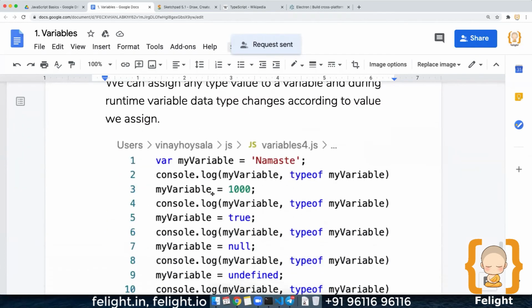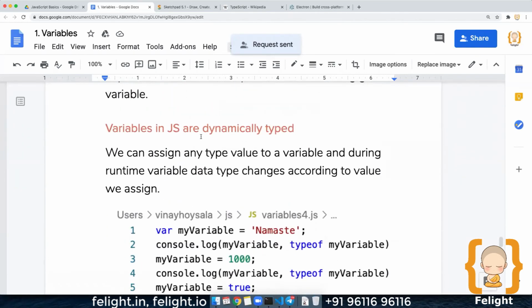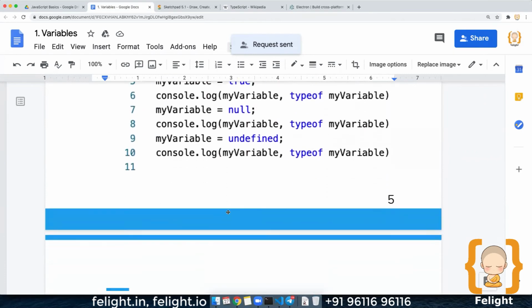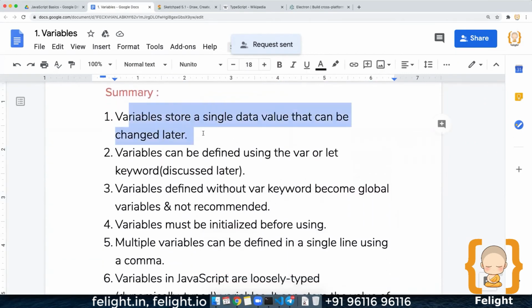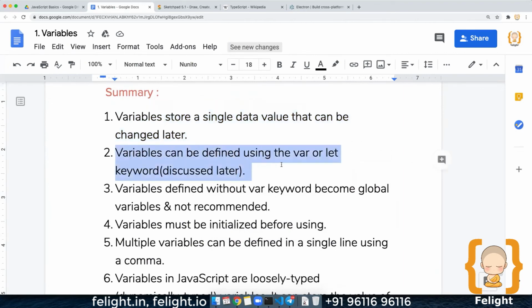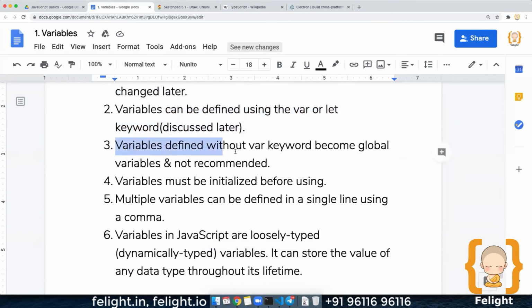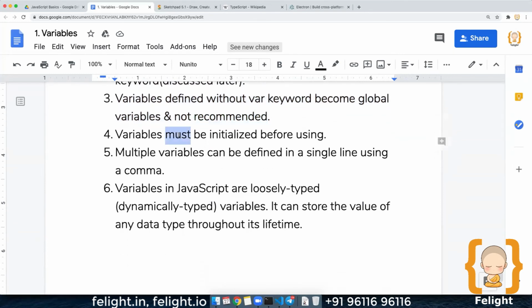So, coming to this, variables in JS are dynamically typed. Variables store a single data value that can be changed later. Variables can be defined using the var or let keyword. Variables defined without the var keyword become global variables and are not recommended. Variables must be initialized before using.